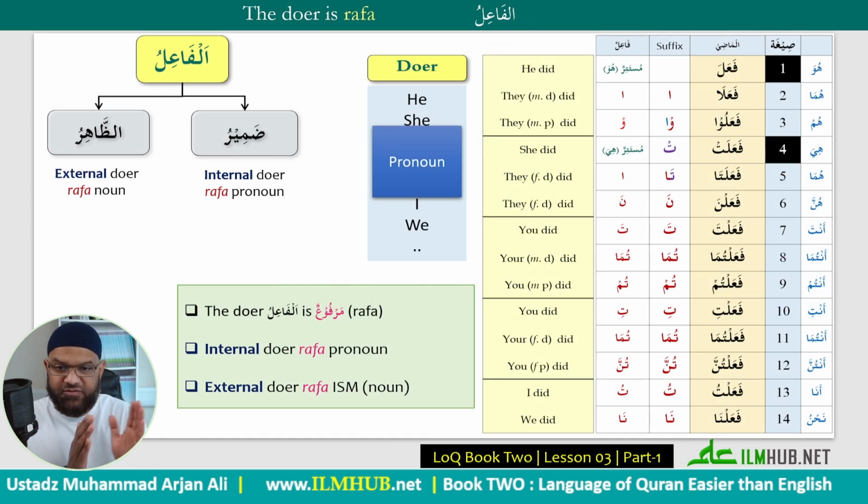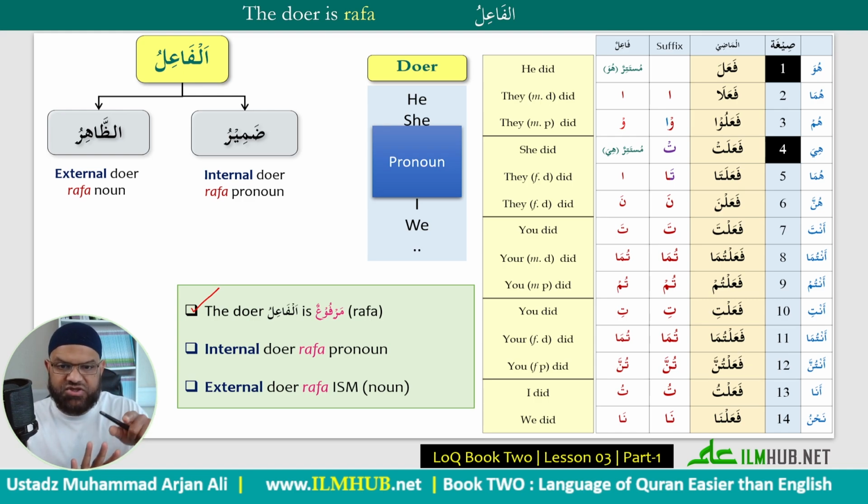So this should be familiar to you now because this is from the previous lesson. So here we have two options. And again, I want to just explain why I'm using this terminology so we will not get confused. The doer in Arabic is always rafa. Remember book 1 where I went through this in detail, where I mentioned the different reasons why an ism is rafa. So far, if you're following these lessons in series, you have the subject is always rafa, mubtada. Khabar is always rafa, and this is the identification. Of course, there are other things which are rafa. And the third thing that you've learned, which is rafa, is the doer of the verb.